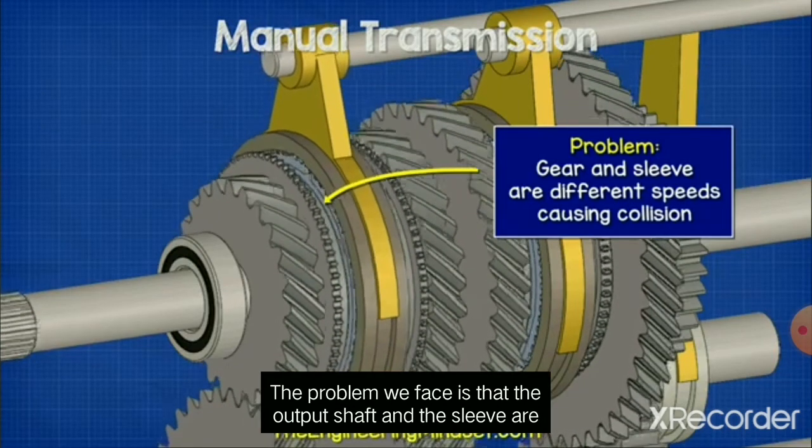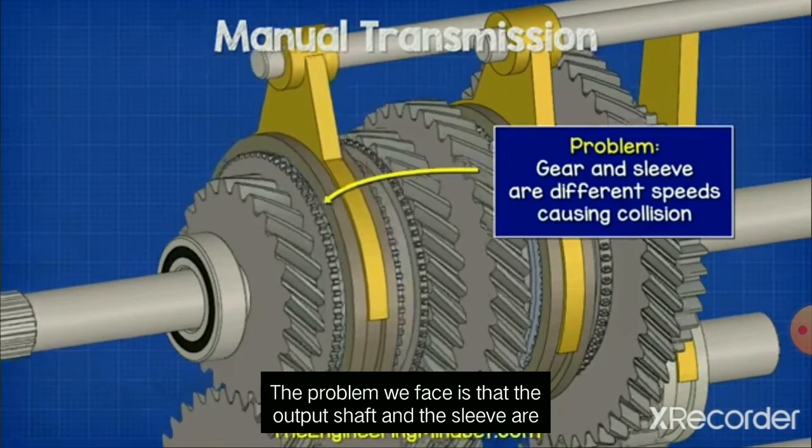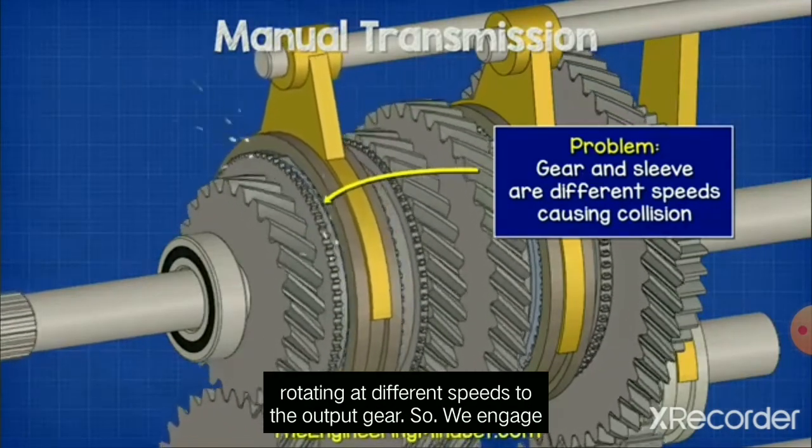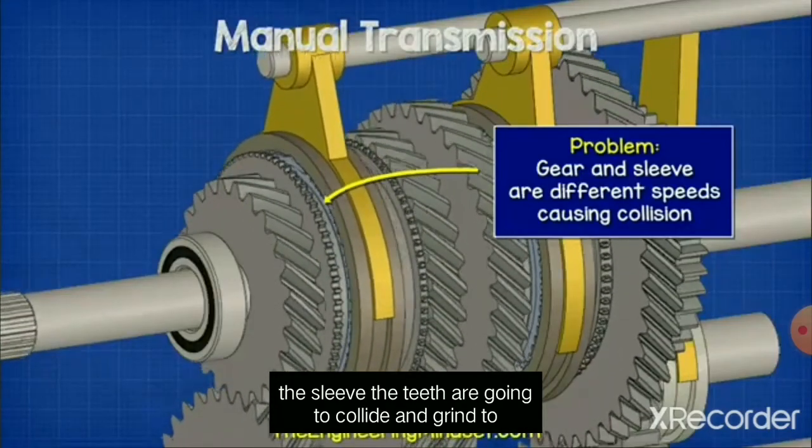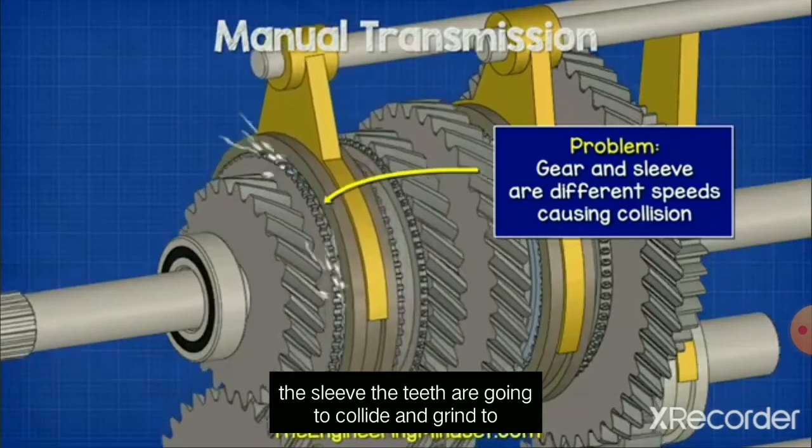The problem we face is that the output shaft and the sleeve are rotating at different speeds to the output gear. So, when we engage the sleeve, the teeth are going to collide and grind. To overcome